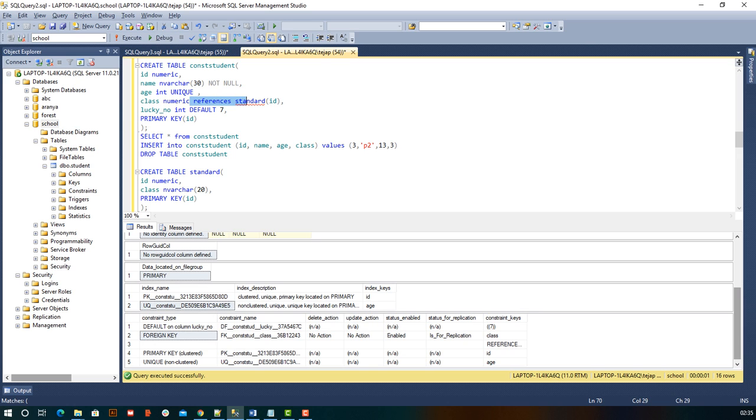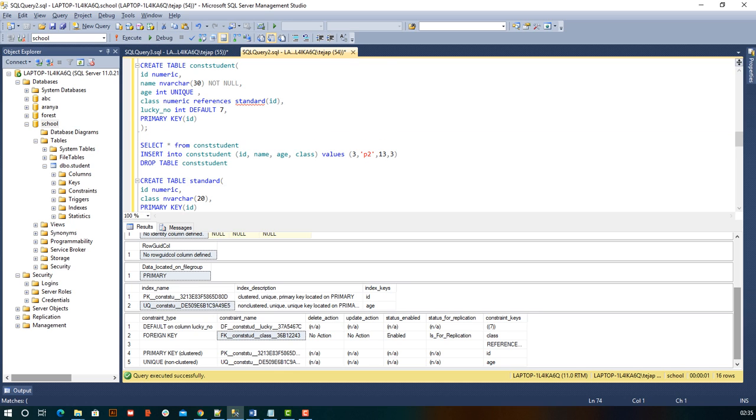The reference key constraint. This constraint is given a name, fk, some random name. When you are creating this, you can give a name to it manually. Otherwise, a default name will be given to it. So we'll try to alter this.